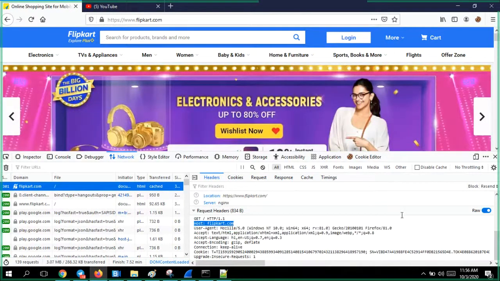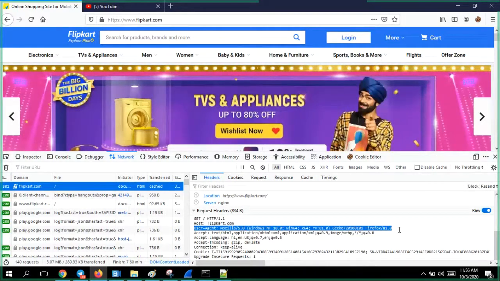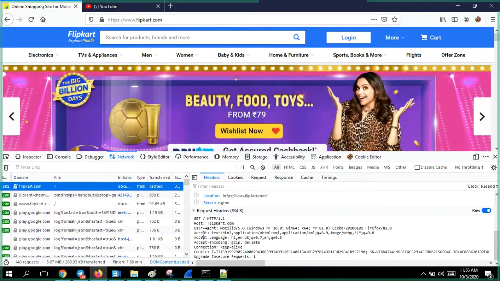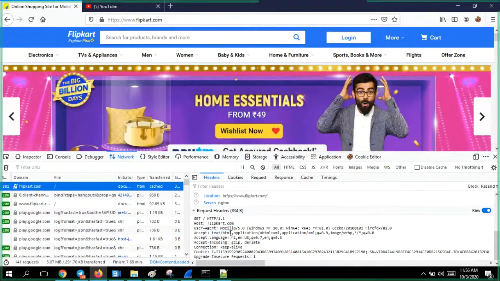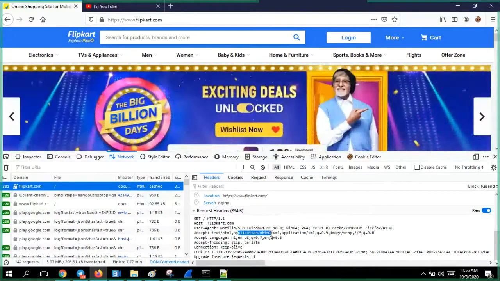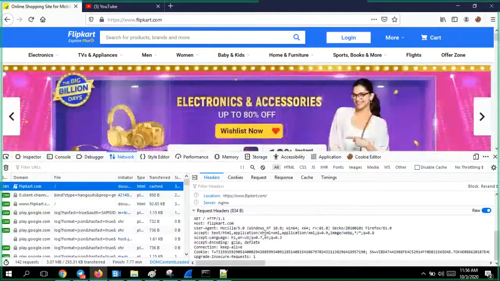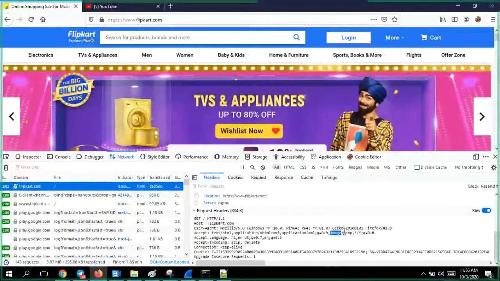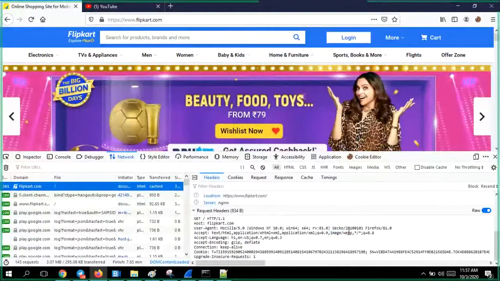I am sending it from a user agent, that is the Firefox user agent. I can understand HTML data or XML data, whatever you send from there. I can understand images, whatever you send, in WebP or PNG formats.